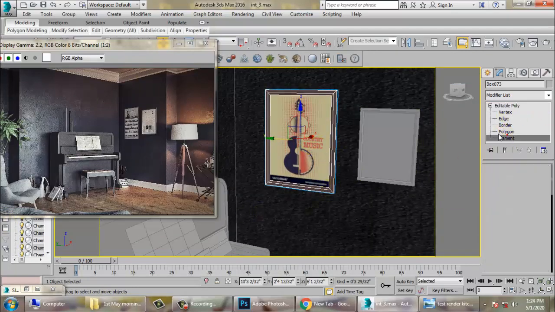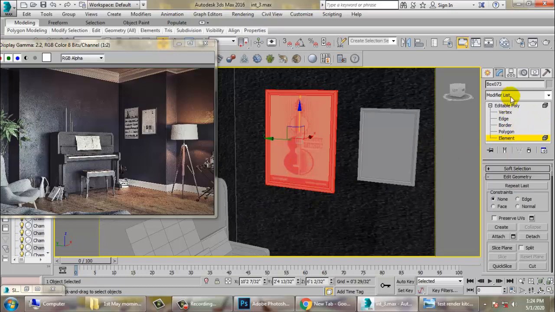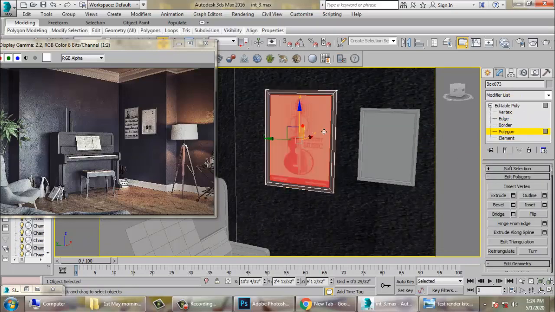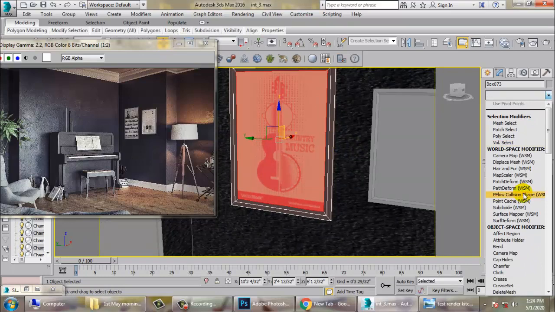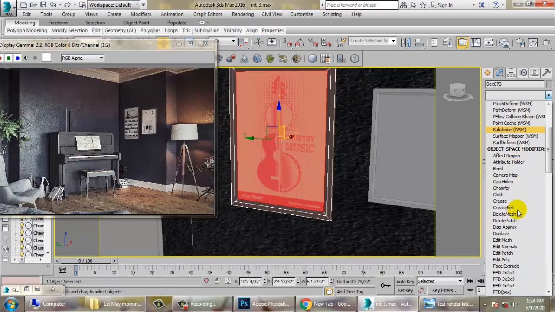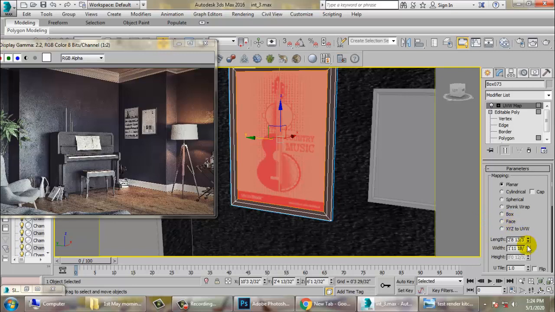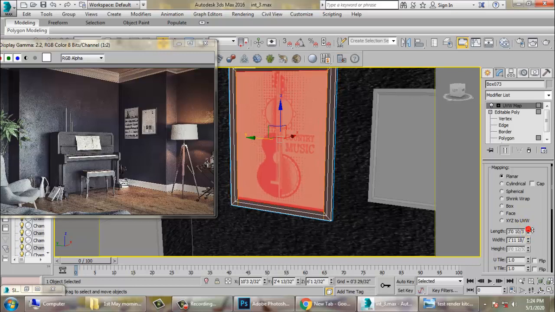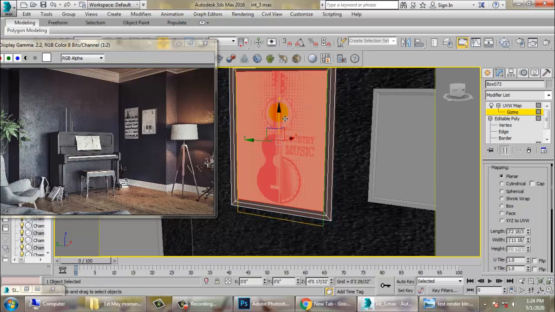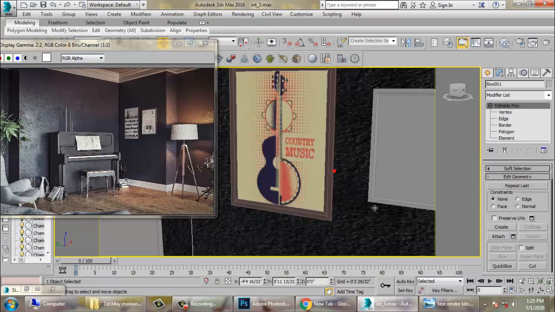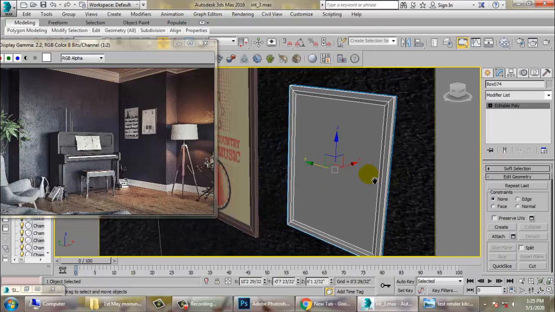So we'll just go into this, select this polygon, UVW map, and just increase its width and height over here. That's it. Better. So looks much better.